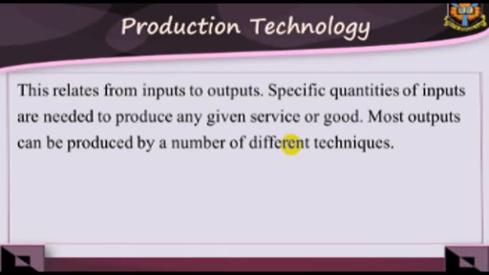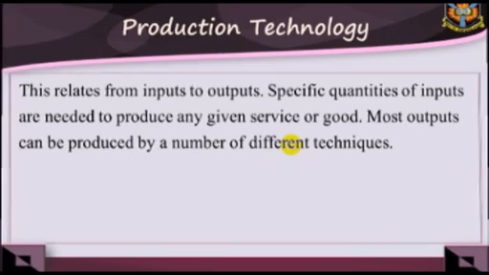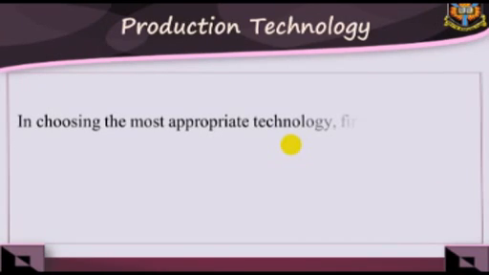500 men and women could descend on it with sledgehammers and carry the pieces away by hand. This will be a labor-intensive technology. The same park could be produced by two people with a wrecking crane, a steam shovel, a backhoe, and a dump truck. This will be a capital-intensive technology.